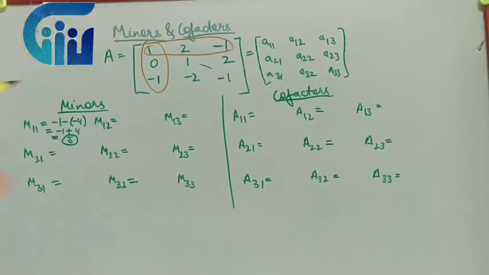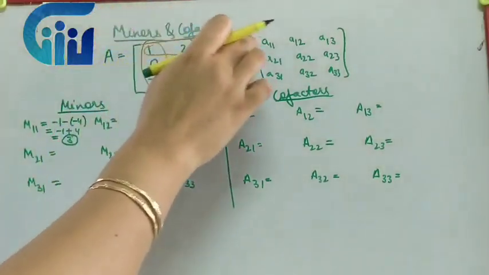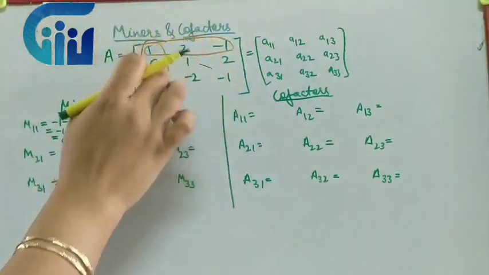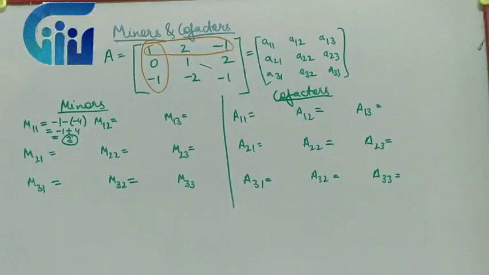It is true. By eliminating this particular row and this particular column, whatever elements are left out, what we have to remember is we don't have to take this particular value into account. Very, very important, you don't have to take the value of that particular place. You only have to write the determinant of the left out elements. Very, very important point. Now let's find it for M12.